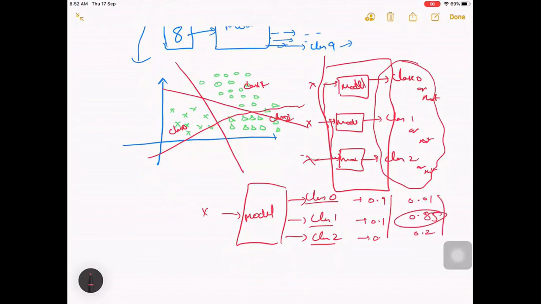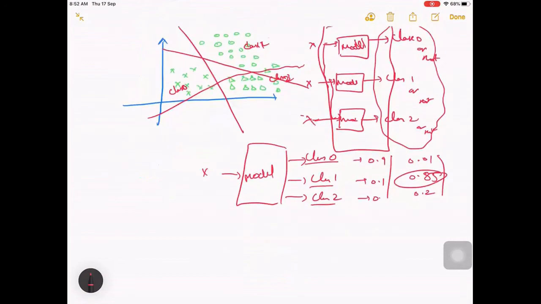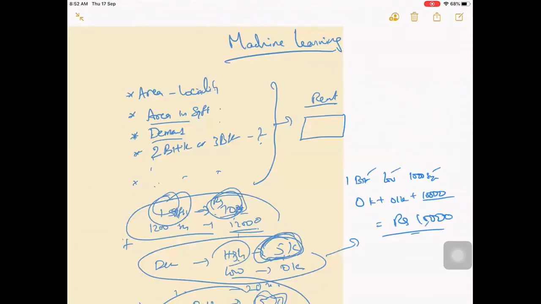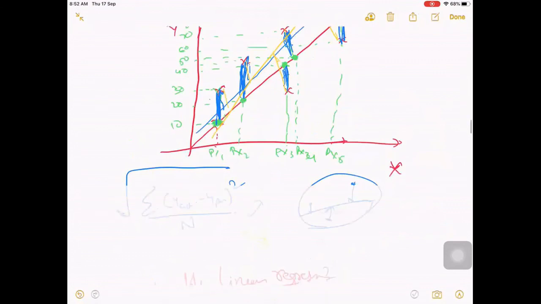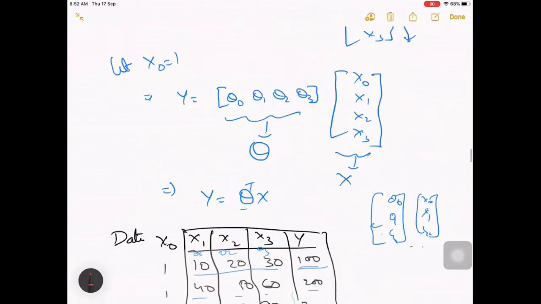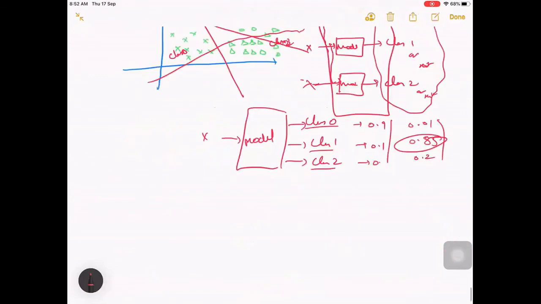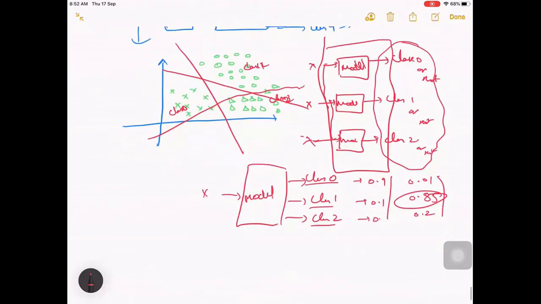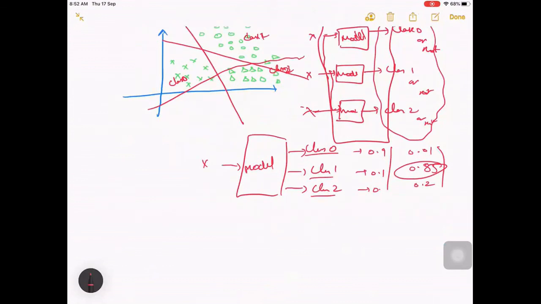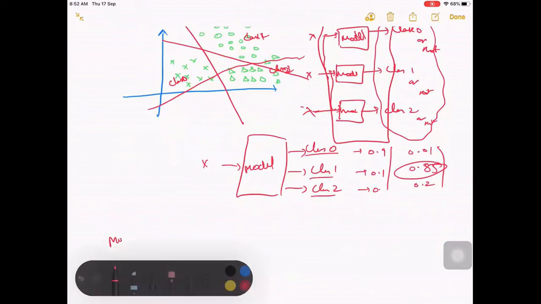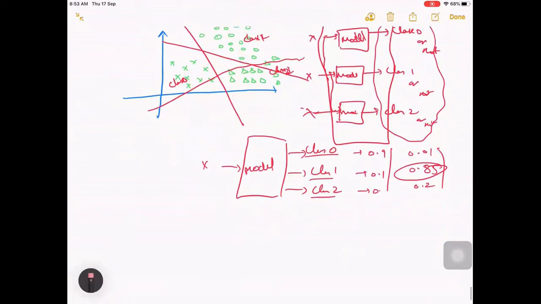Okay, this is how you can still do it, but there is a way to do it directly instead of using three different models. Let me talk about it now itself. There is a concept called multi-label classification and multi-class classification. I need some more background to explain that, but what we can actually do is something like this.